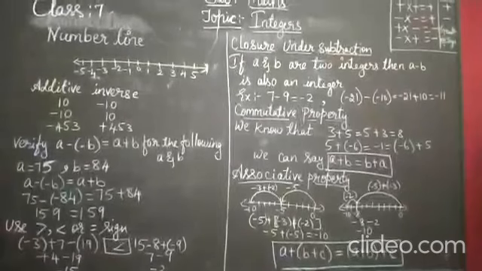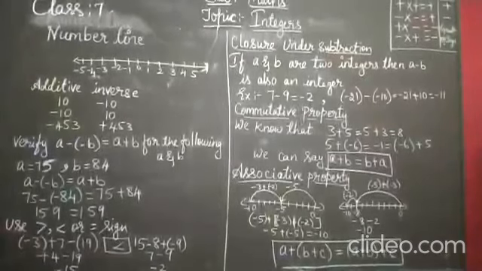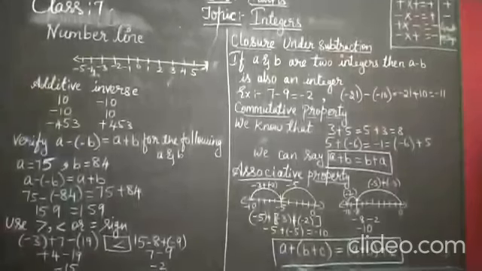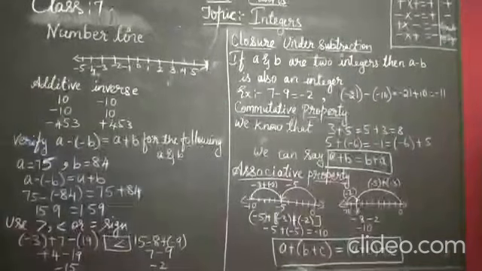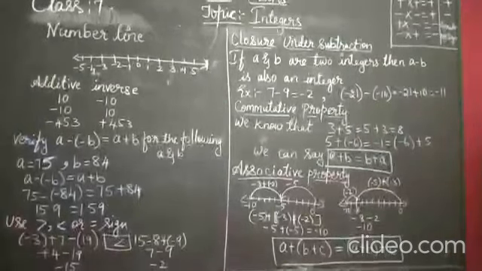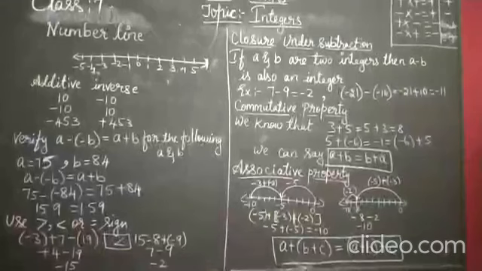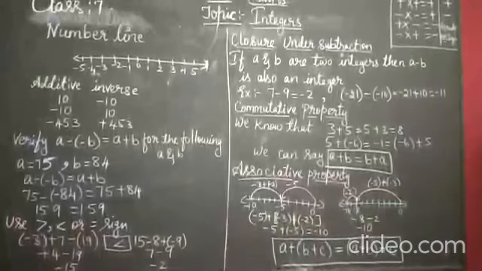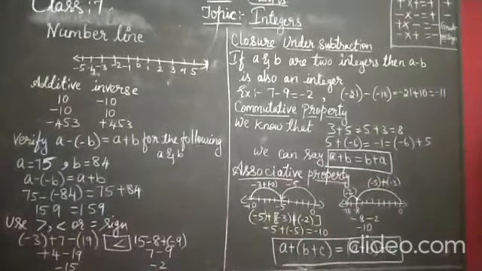Before integers, you should know the numbers. The numbers start from the natural numbers. Natural numbers are nothing but the counting numbers, which we start counting from 1, 2, 3 and it goes on. The next topic is the whole numbers. Whole numbers start with 0. Along with the natural numbers, 0 is added in the whole numbers.